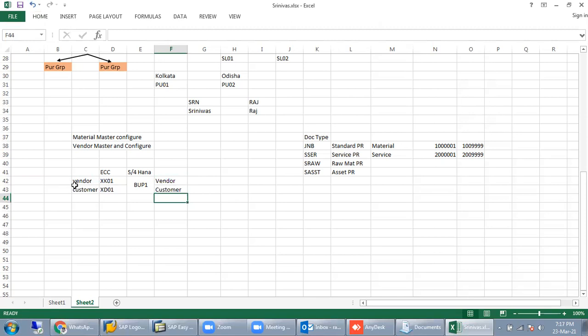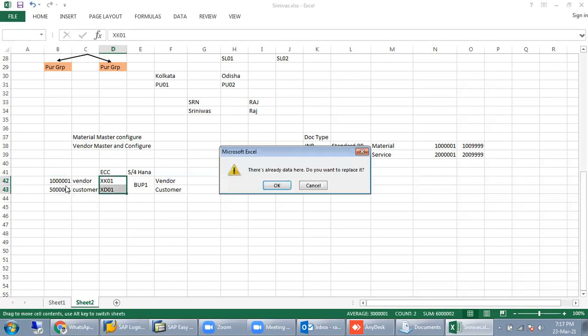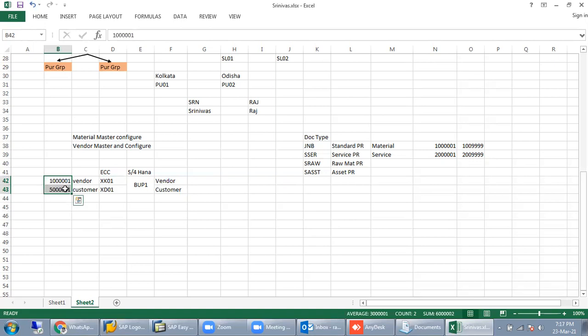In that case, the number generated is like 10001, this is my vendor, and the customer is like 50001, this is my customer. So there are two codes in the system, one for vendor and one for customer. But now in S4 HANA, only one code will generate.